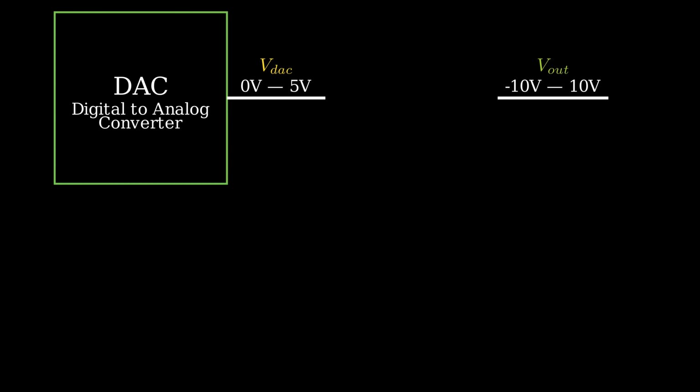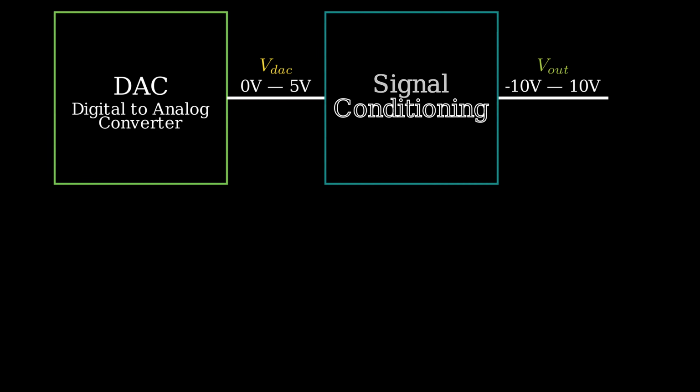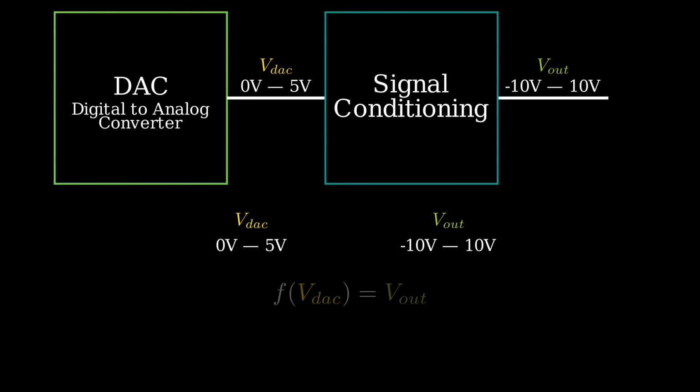Let's say this voltage is needed to bias a circuit, but you want this bias to be digitally adjustable. How can we convert the DAC output voltage range to our target output voltage range? We can introduce another block into our system called a signal conditioning block. The goal of this block is to take the DAC output voltage range and scale it to our target voltage